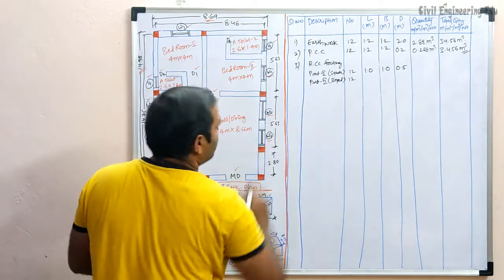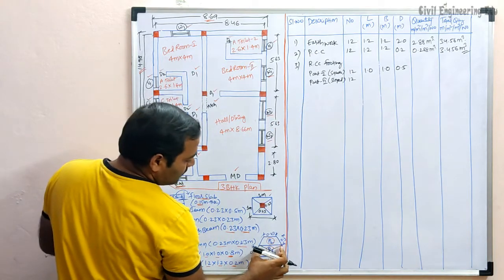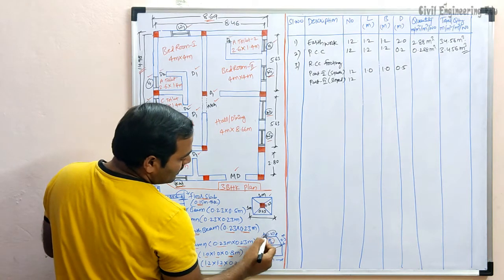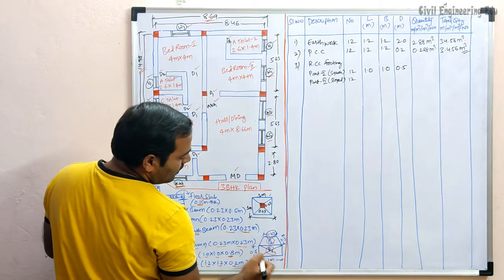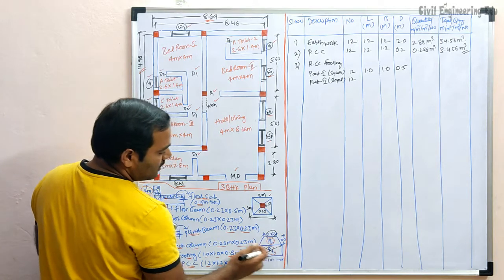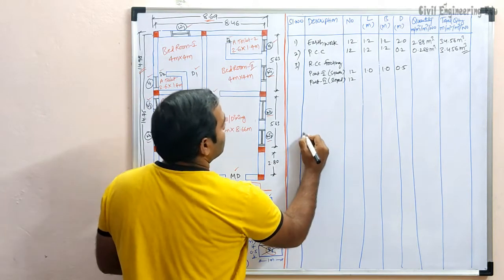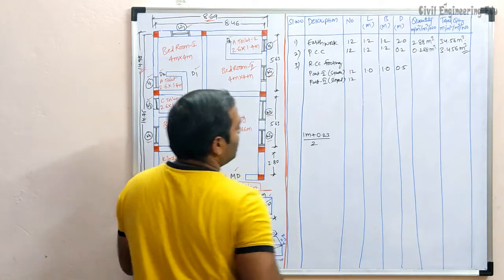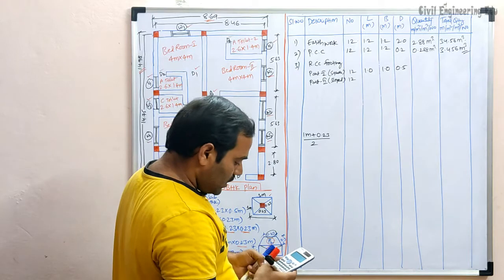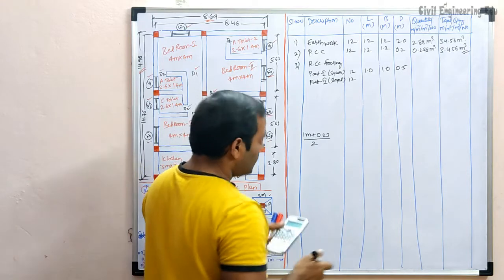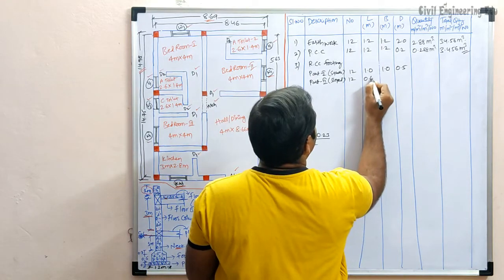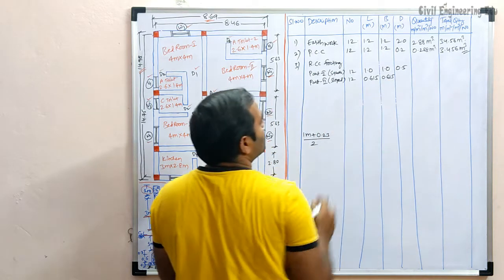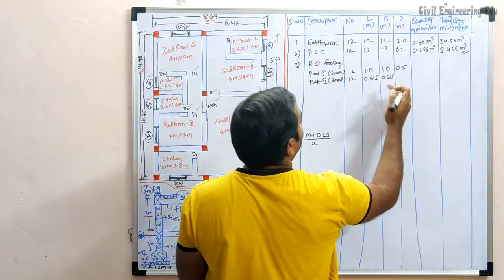Now coming to the sloped portion. So here, from here it is bending like this. So what I have to do? I have to take the average of 0.23 and 1 meter here. This is 1 meter. So 1 meter plus 0.23, divided by 2. So 1.23 divided by 2. How much are we getting? 0.615, on both sides. So we have to multiply here.